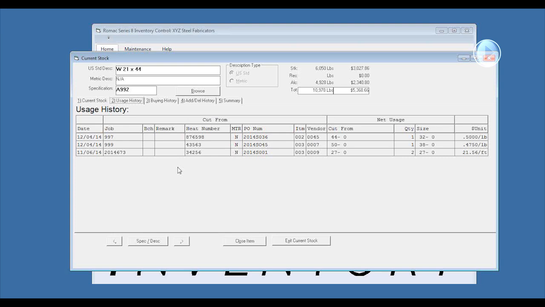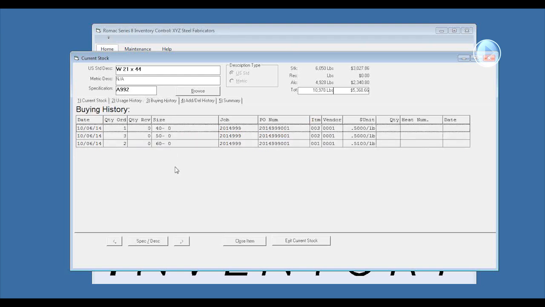button on the current stock screen or by using it through Romac's production control program that carries the heat number or the mill test report if we had assigned a mill test report document to it, the PO number that we bought, the item number, the vendor, what we cut it from, and then the quantity and size that was actually used. The buying history tells us what we purchased, the date we purchased it, the quantities, the size, job